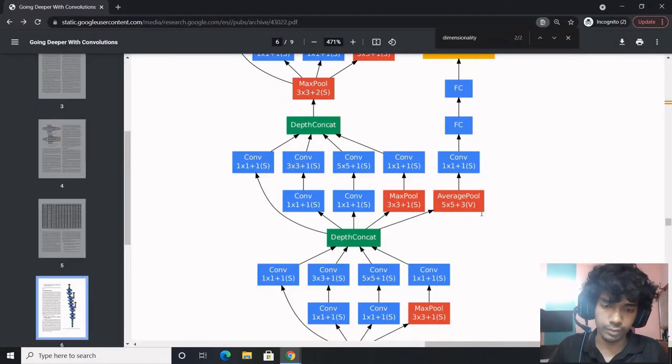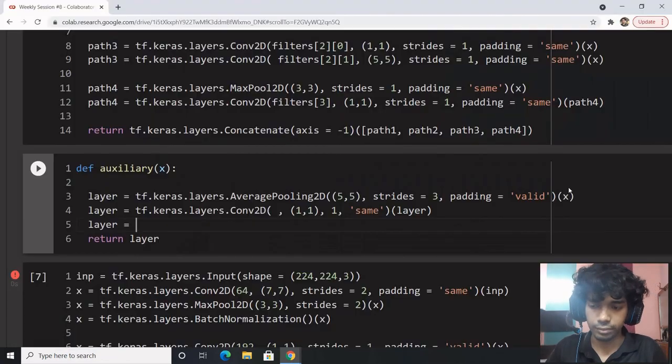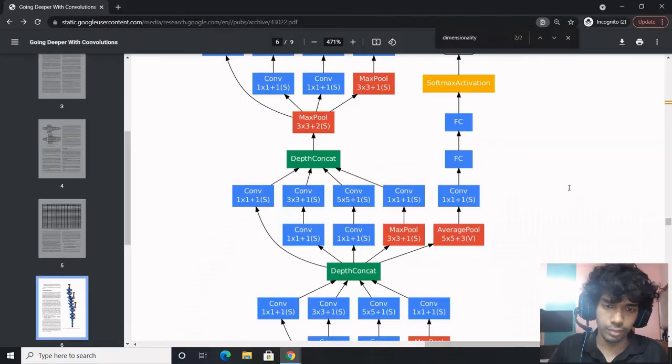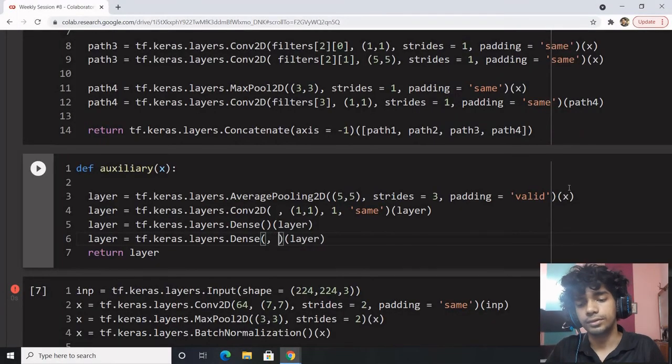The layer is further carried to a fully connected layer twice, tf keras layers dense, and here we have the softmax activation.